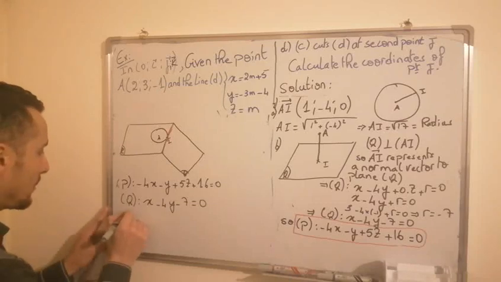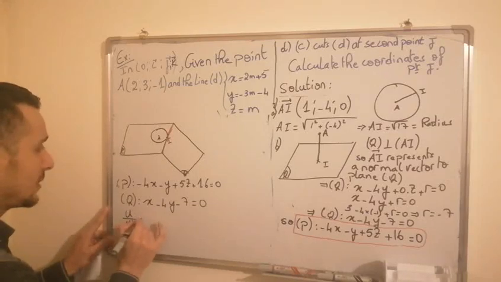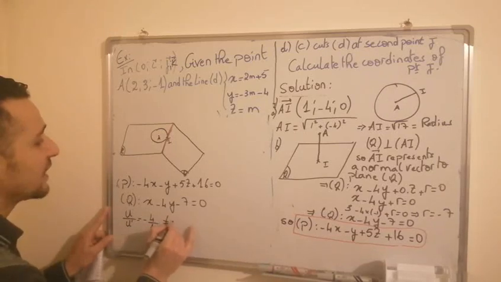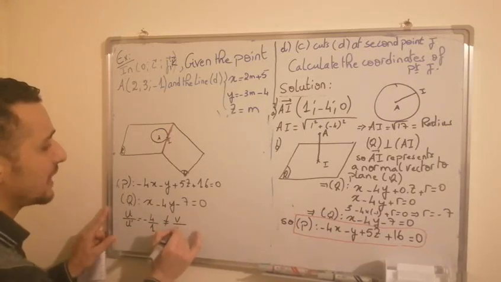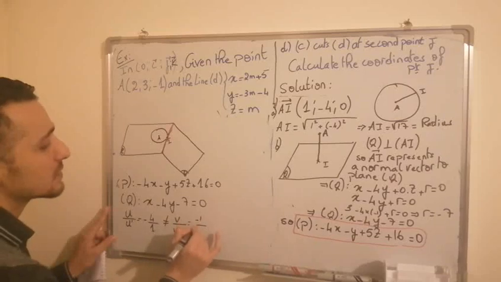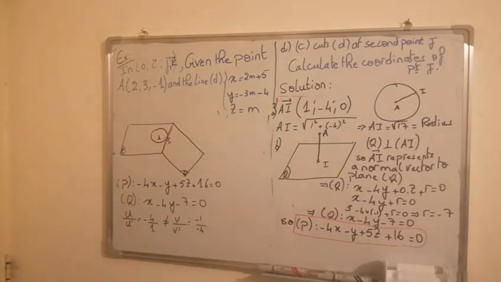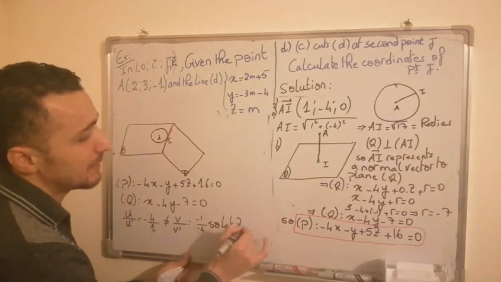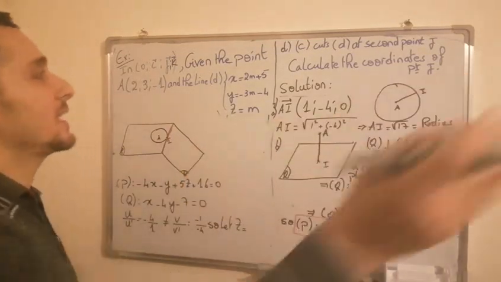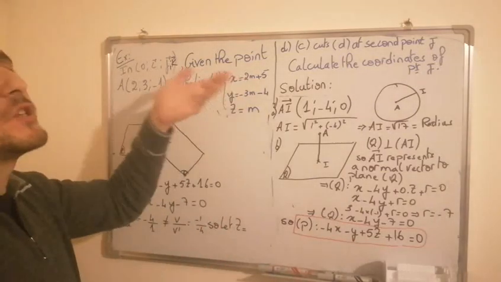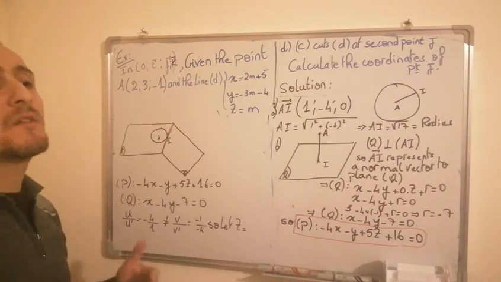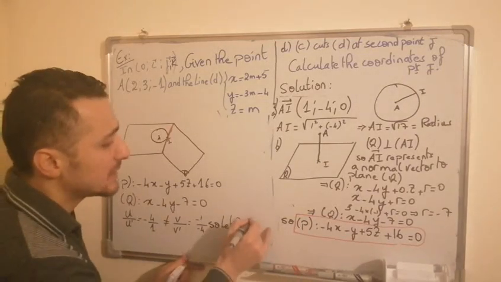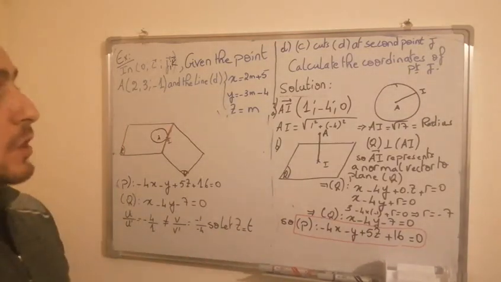u over u prime, it's equal to minus 4 over 1. It's different than v over v prime equals to minus 1 over minus 4. So let z equals يا باخدها m t lambda k, but m is used by the given, so we have to choose another letter. So let z equals t. We replace